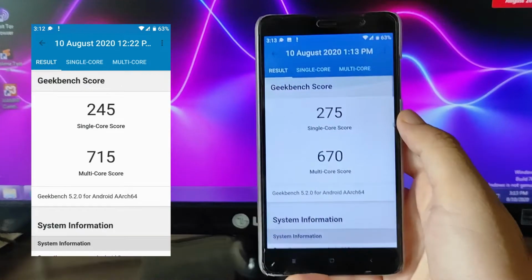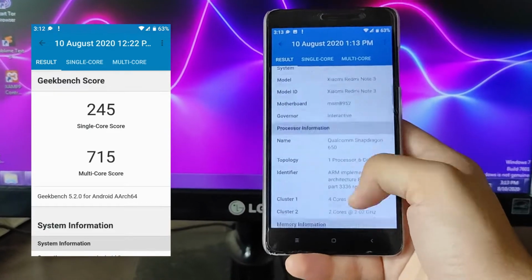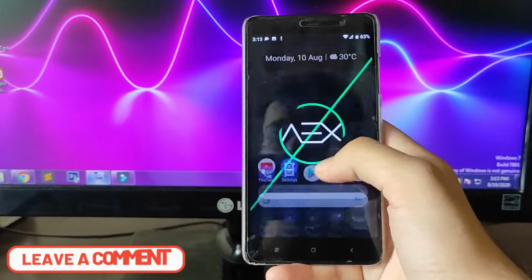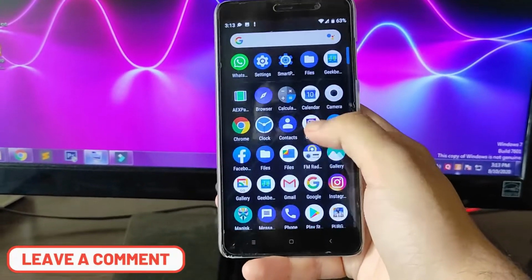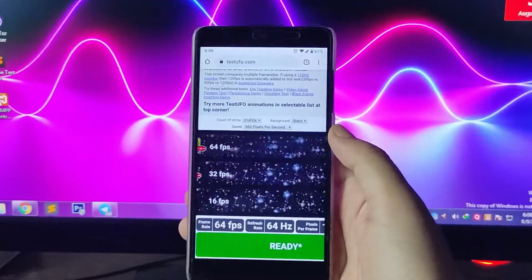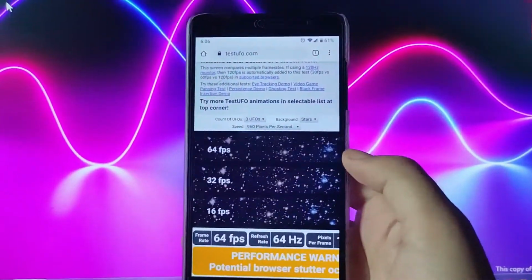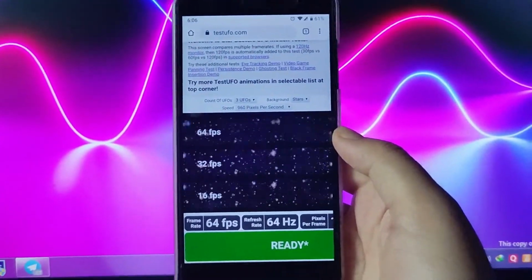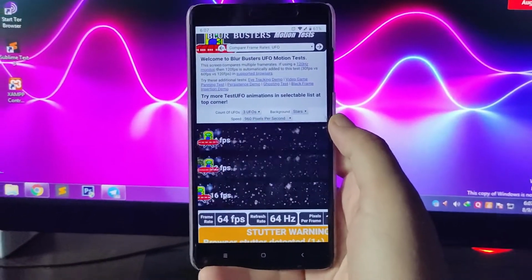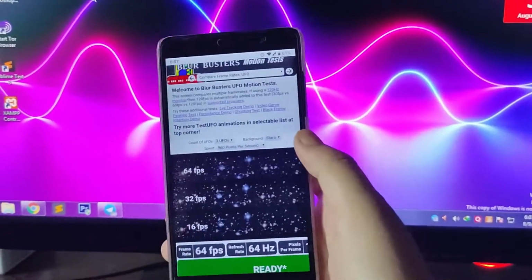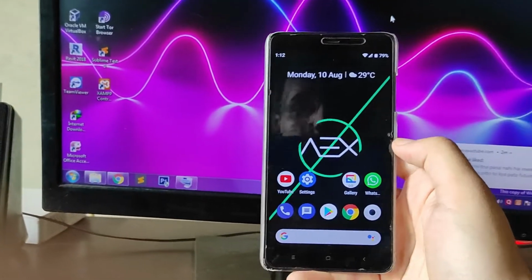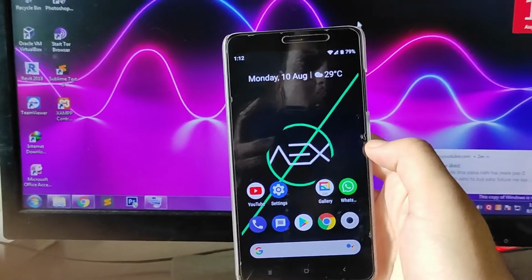So these are the scores after the installation of the kernel, but overall the scores don't matter, because after the installation of this kernel the performance is really improved, and you can literally feel a little bit more smoothness. As you can see here, the screen refresh rate has increased to 64 FPS, which is great. You won't notice that much difference between 60 and 64 FPS, but the Alinder kernel at 64 FPS is working absolutely fine. You feel almost the same, but if you install the 70Hz version, you will feel some changes.